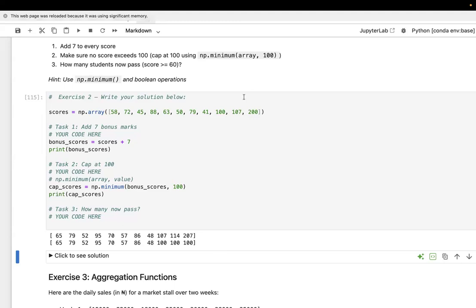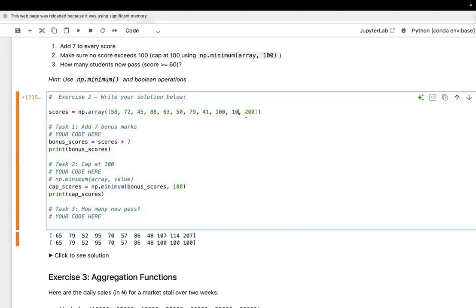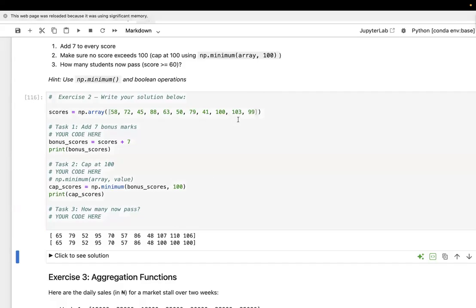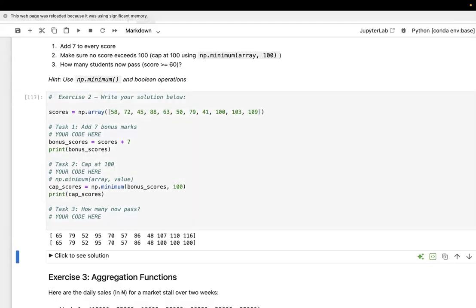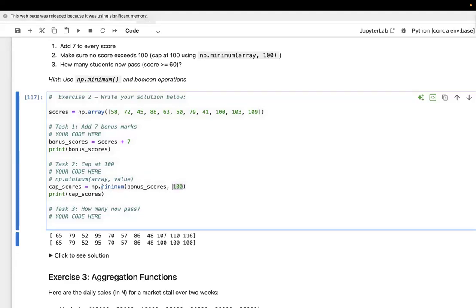Someone also got 99, and we added 10 points to it, so it becomes 109. So this np.minimum will make sure